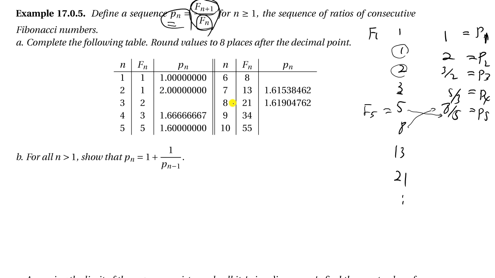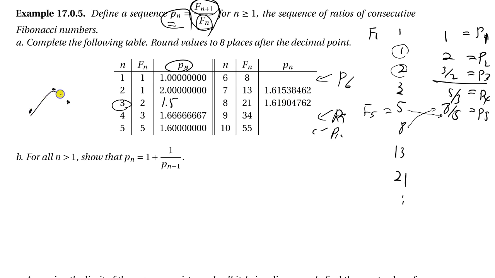So as you can see here, P3 is going to be 3 halves, so it's going to be 1.5. So please calculate each of these, P sub 6, P sub 9, and P sub 10, just for checking. Then when you go further, it starts from 1 and goes to 2 and 1.5 and then 1.666, going down to 1.6 and 1.615,